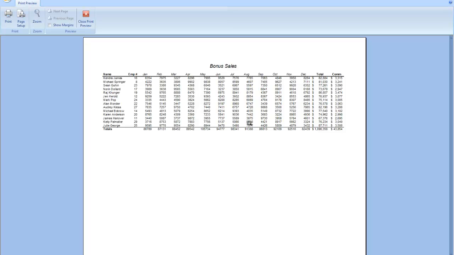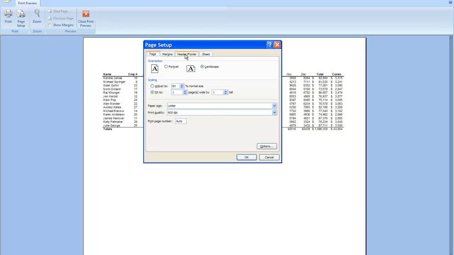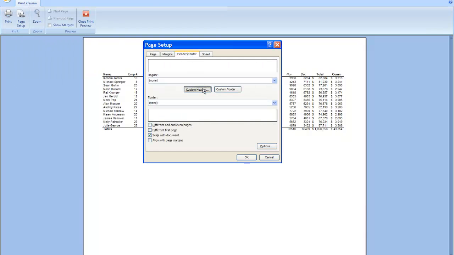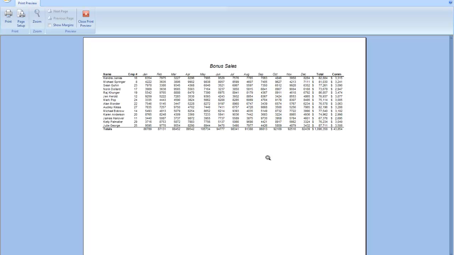So we have lost significant zoom size here by using this Fit To option. Now, step number 5 and 6 say create custom headers and footers. I could work through page setup and go into header footer and work with custom header, work with custom footer. But the problem is it becomes difficult to see what you're doing and what effect it's having on the actual printout. So I'm going to cancel out of that, and I'm going to close out of print preview